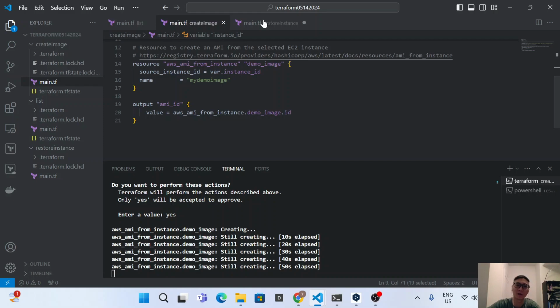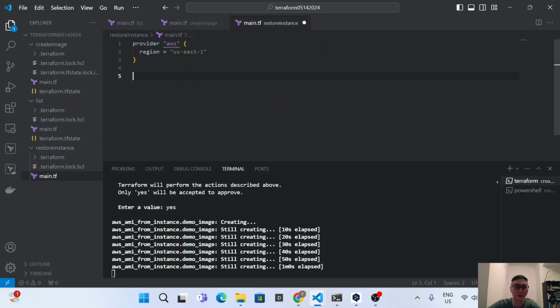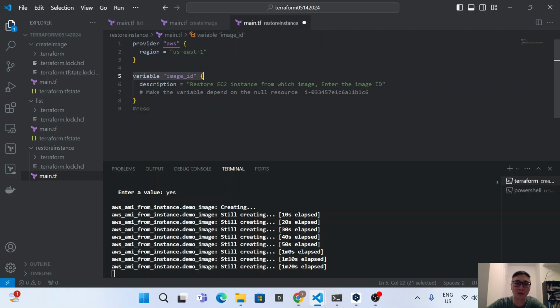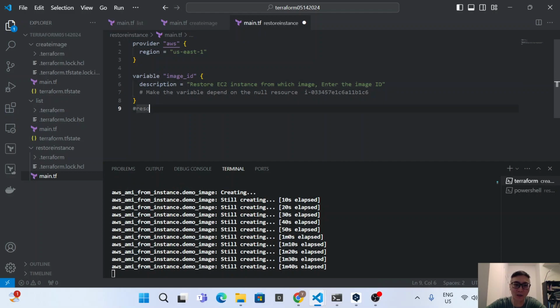We also need this one to restore the instance, because maybe in practice we have 3 or 5 images under the AMI, so we need to specifically tell Terraform which image ID we need to use. So first I will use this one, describe. Okay, first image ID, so restore the EC2 instance from which image, so enter the image ID,